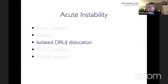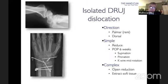An isolated DRUJ dislocation is rare, usually associated with polytrauma, because there's a lot of energy, but that needs to be reduced. It can click back. Sometimes you have to open it up and take out the soft tissue. And either way, when it's back, you probably need some wires to hold the two bones together till the soft